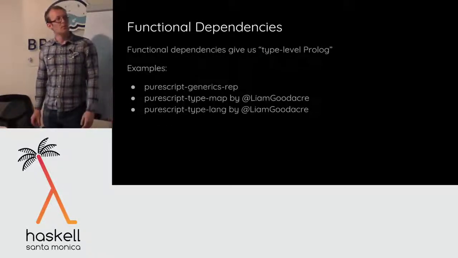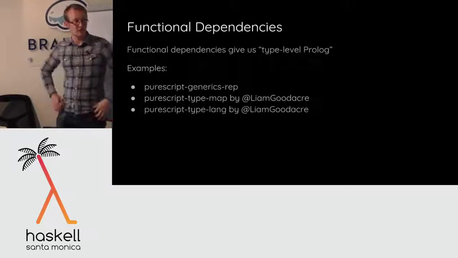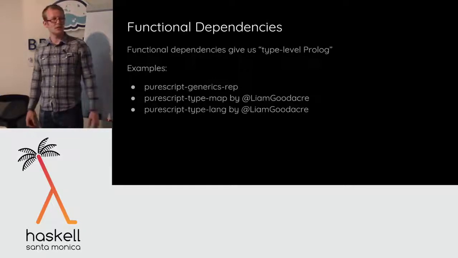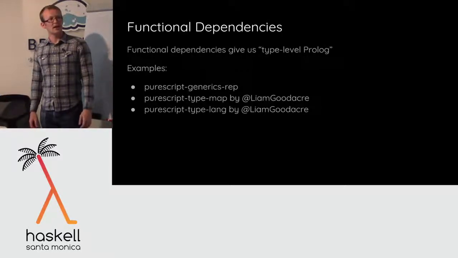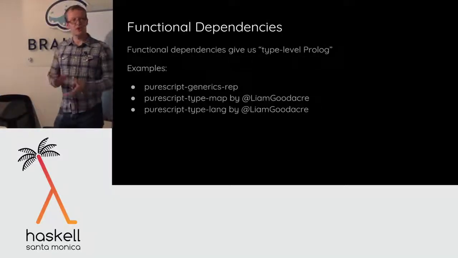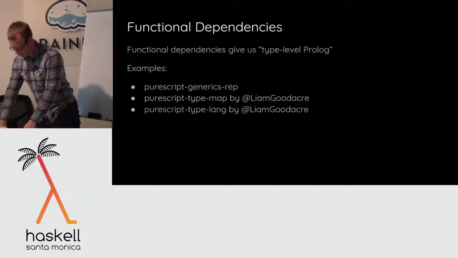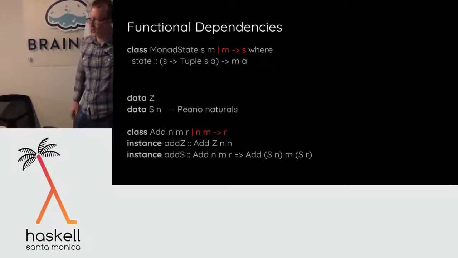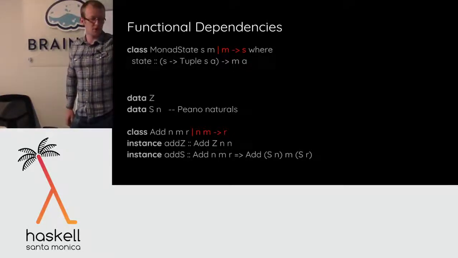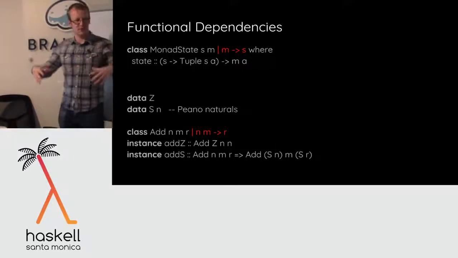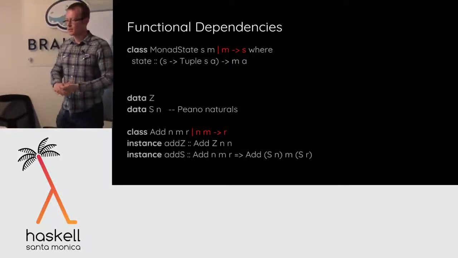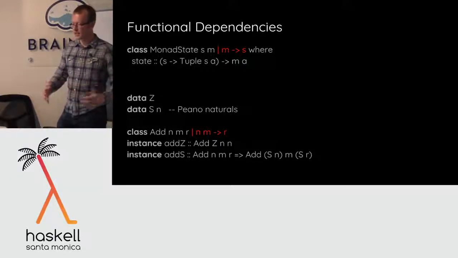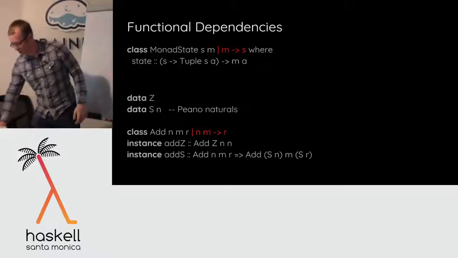Okay. So you can do an awful lot with this. This gives you a really rich language at the type level to do some really cool stuff. Some people call this type level Prolog. Because if you look at instances like this, it's like saying, I have this goal, and goals can depend on other subgoals. And I have this tree of goals that I have to satisfy, and I'm just declaratively stating the set of rules, and then the inference engine just figures out how the rules get put together in order to implement what I want.